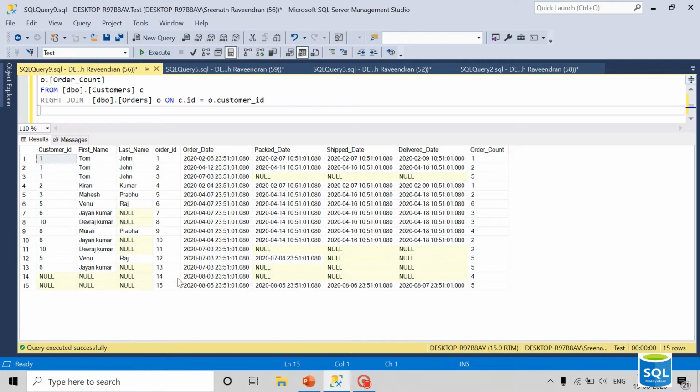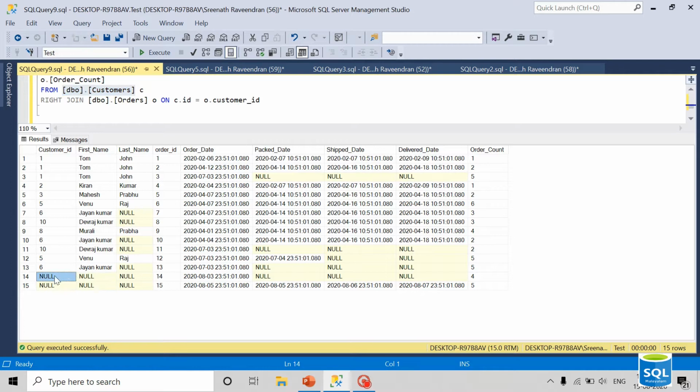See, now I got all the orders. Previously it's the same, but right now there are 2 more records which don't have a customer ID. So those also got selected here, and there is no customer ID in the order table, so when I join with the customer table, the match is not there.